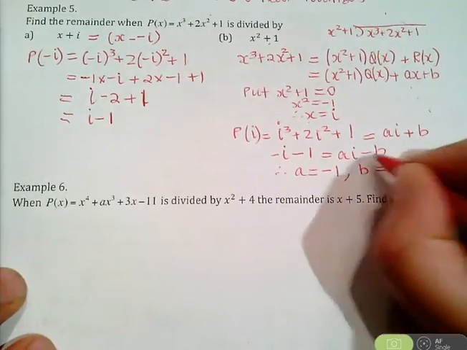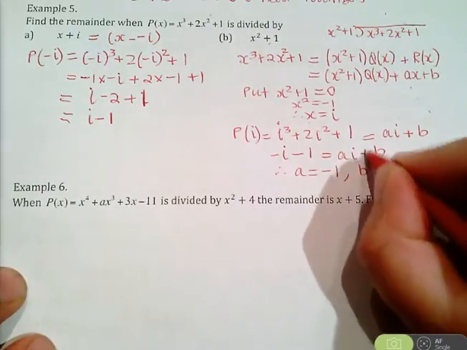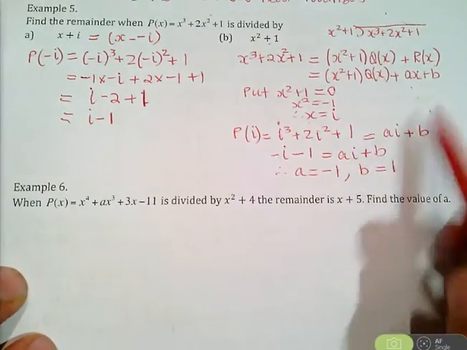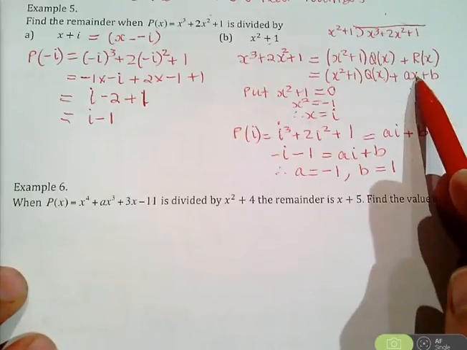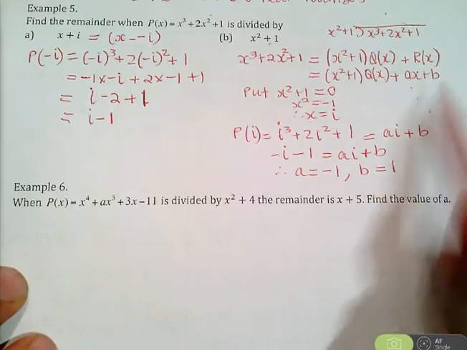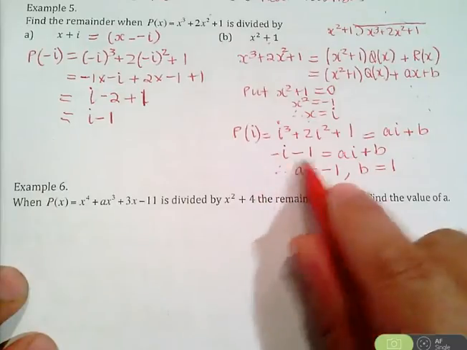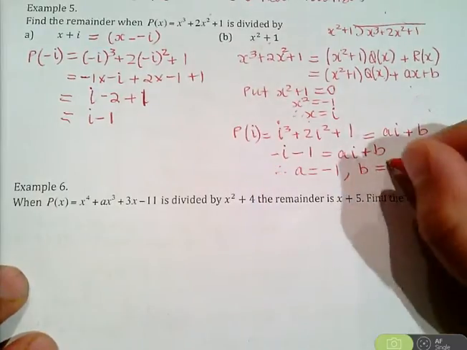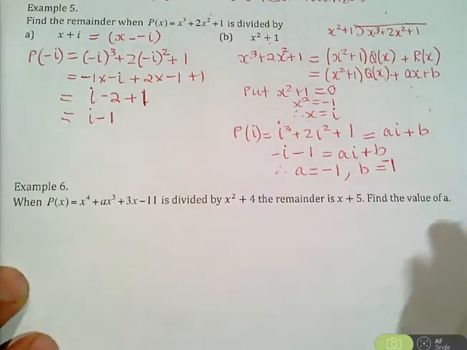Sorry, I've just written this out wrong. This is ai plus b. If we substitute x is i, I get ai plus b. So therefore equating, I get a is negative 1, b is also negative 1. So therefore